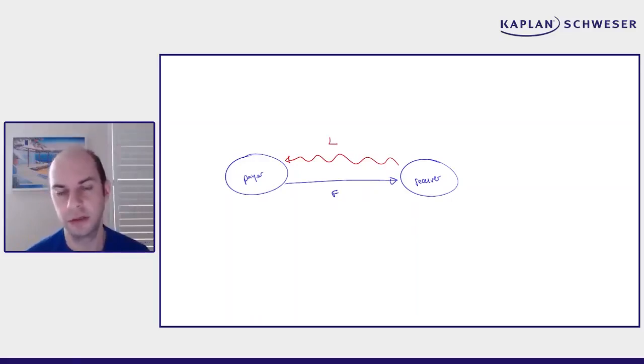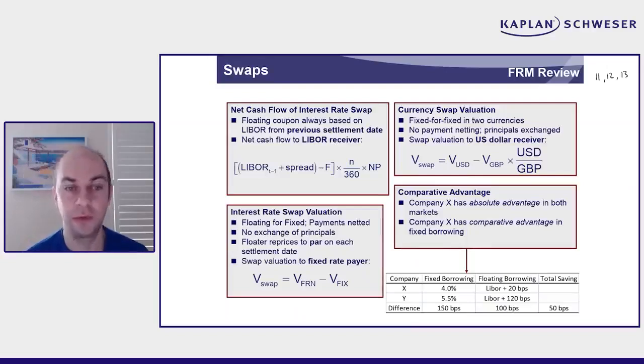So it does look like the picture for the forward rate agreement, but of course, an interest rate swap is a series of forward rate agreements, the payer hoping, of course, that LIBOR will rise. Okay, so now in terms of the net cash flow at a point in time, this is from the point of view of our payer or variable rate receiver. So he receives LIBOR plus potentially a spread. He pays the fixed rate, which is an annualized rate, so then we have to de-annualize it and multiply by the